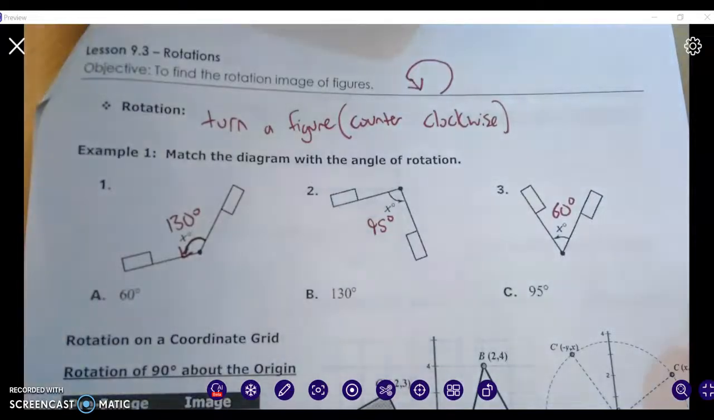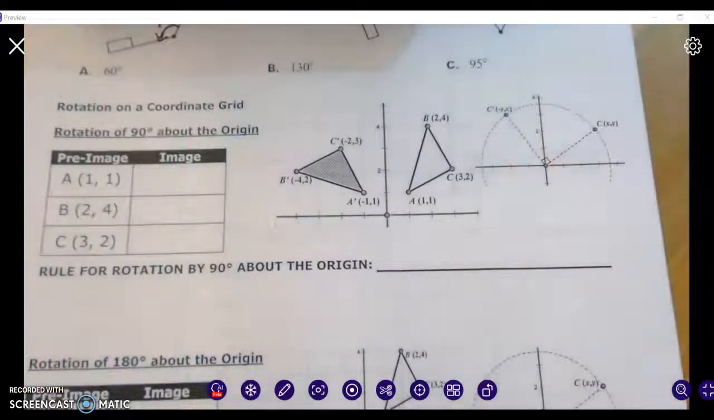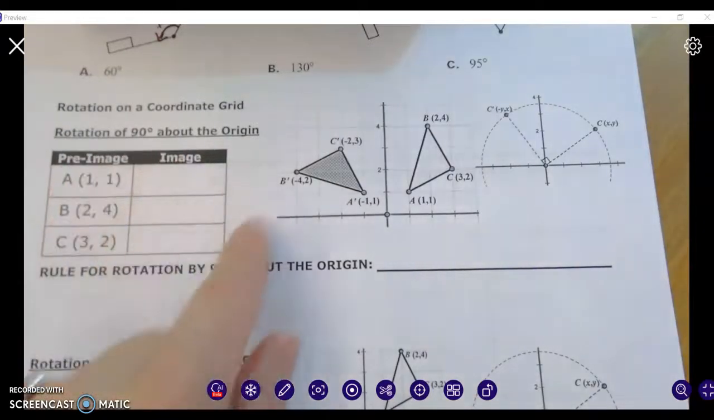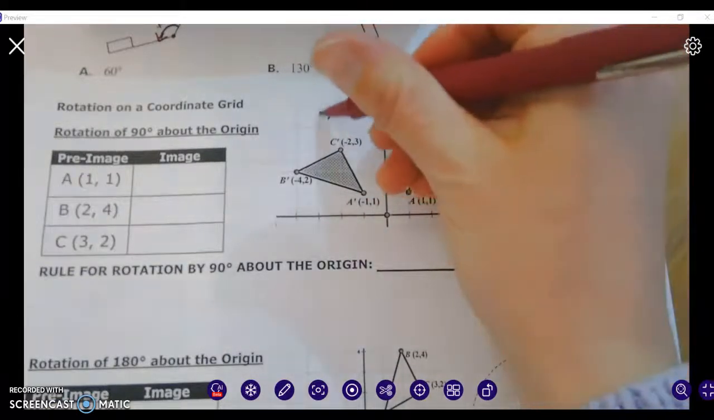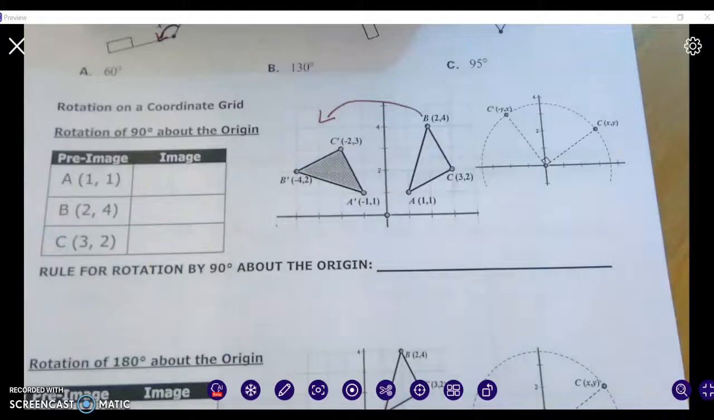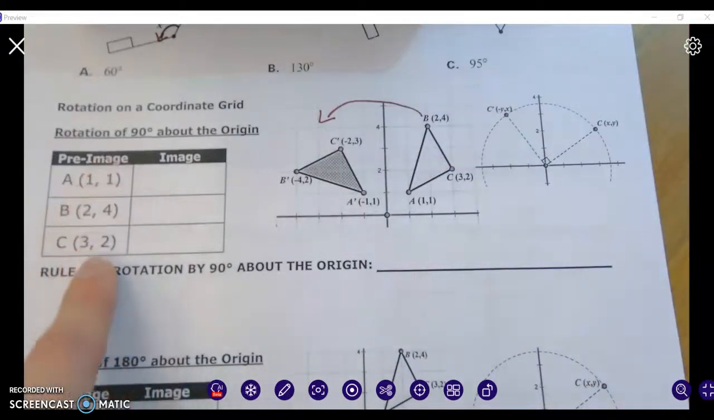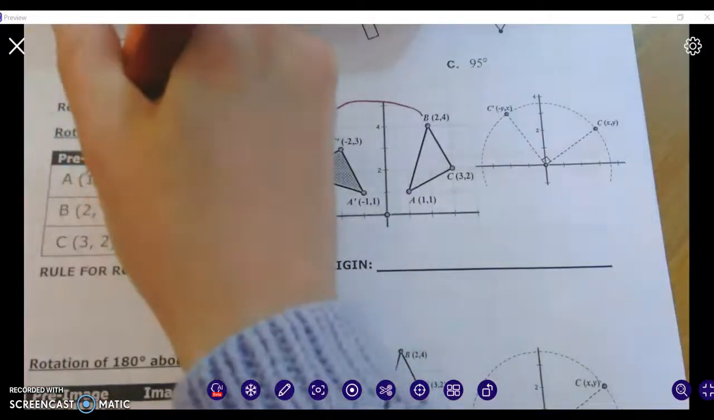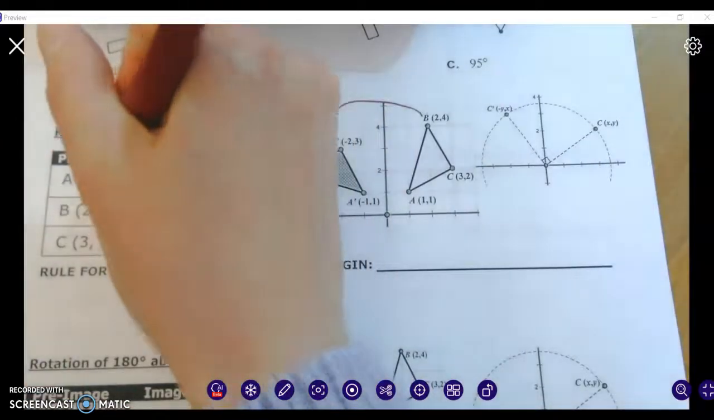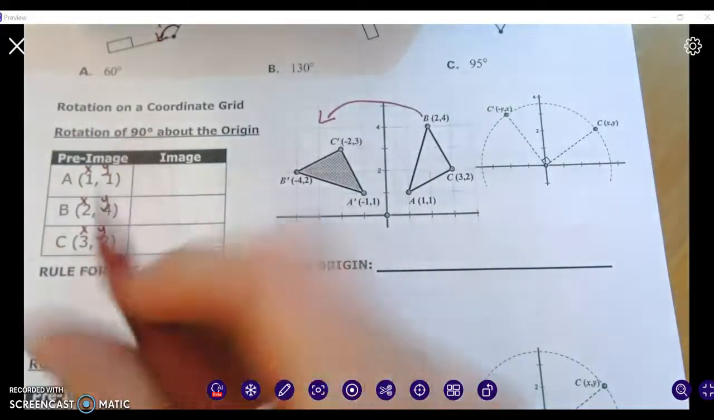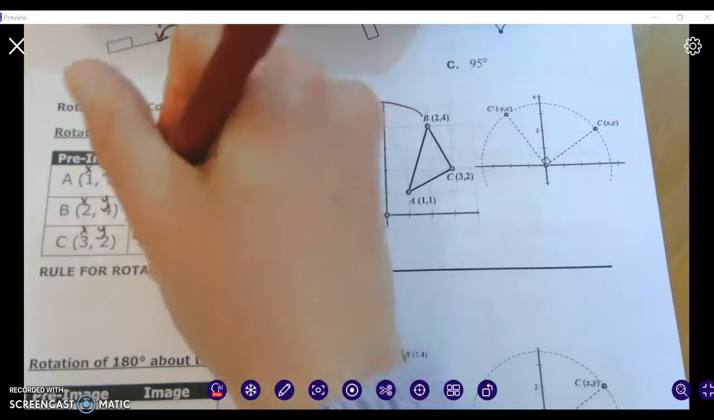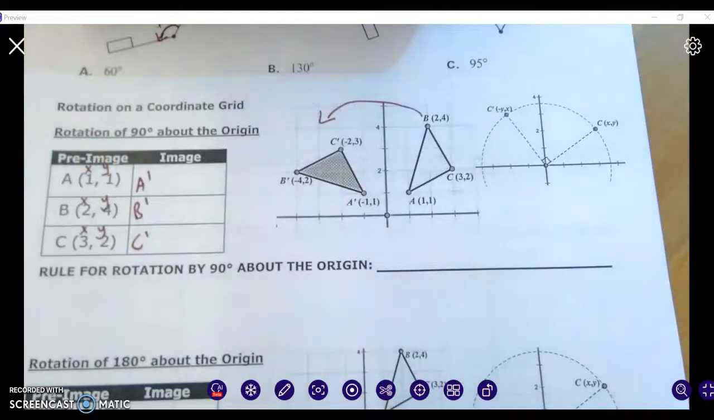Okay, so when we rotate figures on a grid, we have 3 rotations that we're going to learn about. The first one is if we rotate a figure 90 degrees. That means on a coordinate grid that figure will move over one box on your grid. Here we have our 3 original points of the pre-image: 1, 1; 2, 4; and 3, 2. To find the 3 new coordinates, A prime, B prime, and C prime, here is the